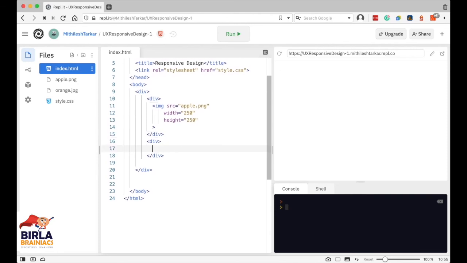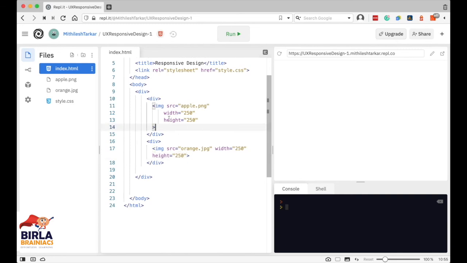Same way we can do it here. So let's say image source is equal to orange.jpg. The file extension is png here and jpg, and width is equal to 250, and I can say height is equal to 250, and then close the tag.